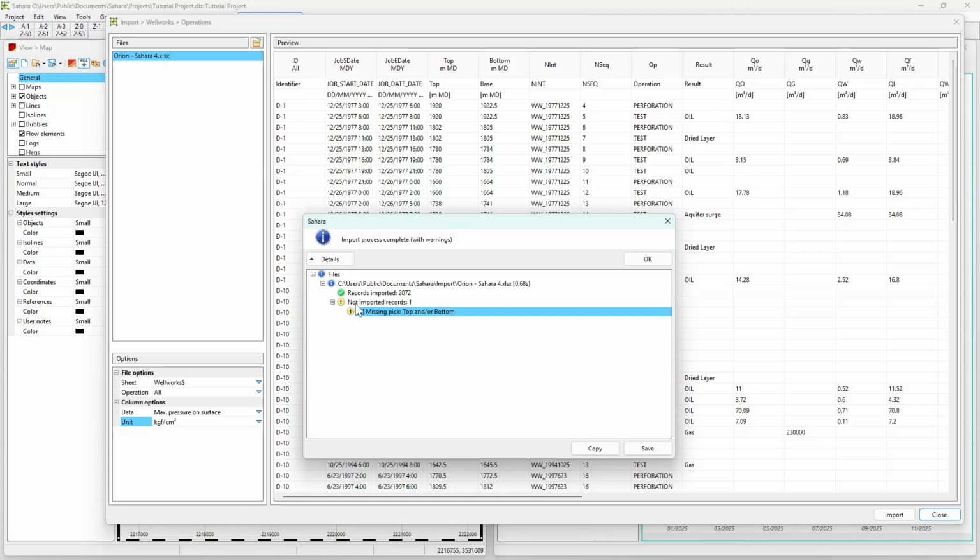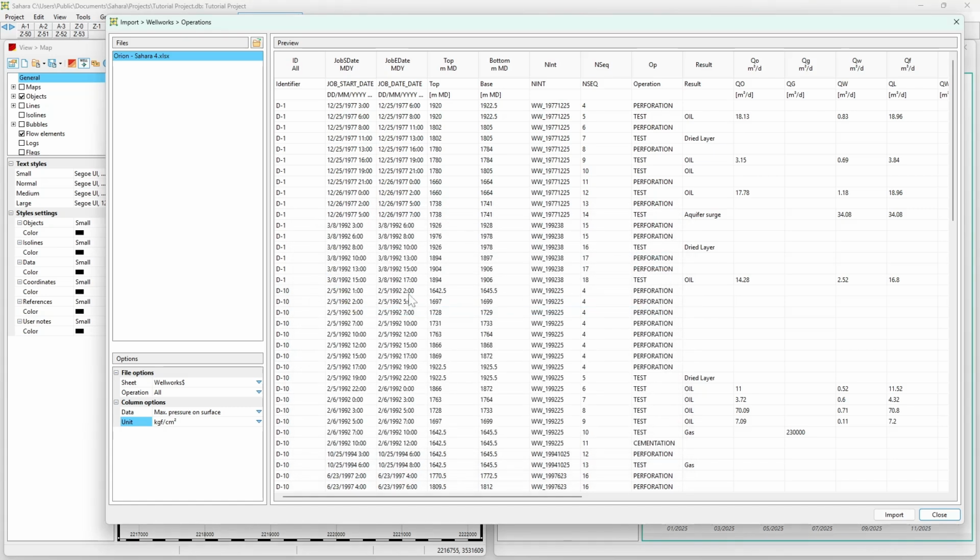So in the case that you have just this one record that is not being imported, and it's the second row, and you brought your file from another Sahara project, in that case just don't pay attention to this warning here. So okay, now we have imported our well works,